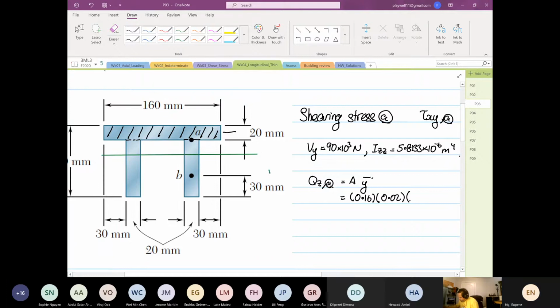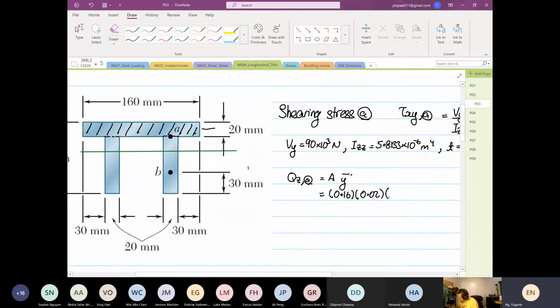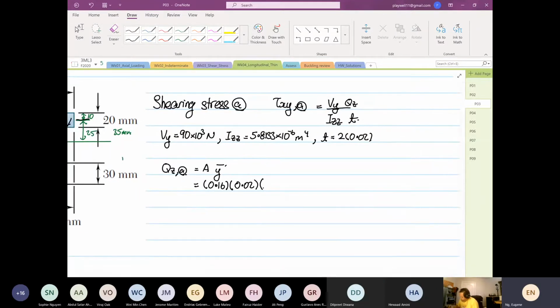So the distance from here to here, we know that this is 10 millimeters. The whole thing is 35 millimeters. So the distance between the green line and the flange centroid is equal to 25 millimeters. So it's equal to 0.035 minus 0.01. So this is equal to 0.025 times 0.02 times 0.16. So it's equal to 80 times 10 to the power minus 6